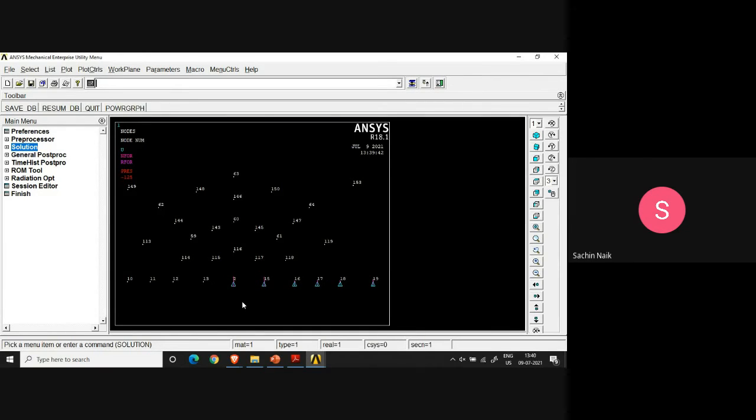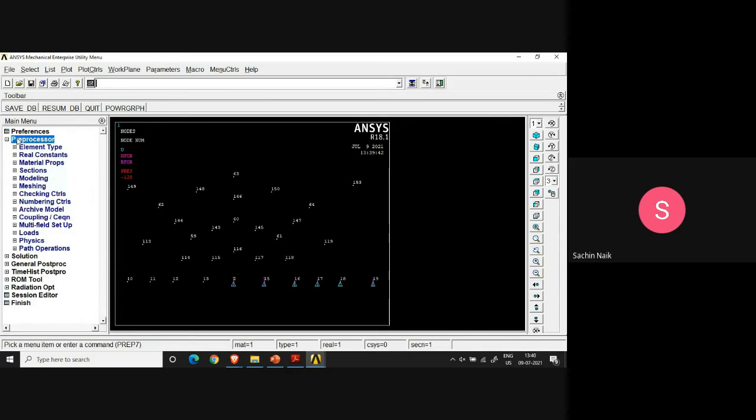Just a minute. I think the option of making the elements skewed is not done by me. I have made a mistake. You see, while defining the type of element, please wait for a minute. I'll go to the preprocessor.